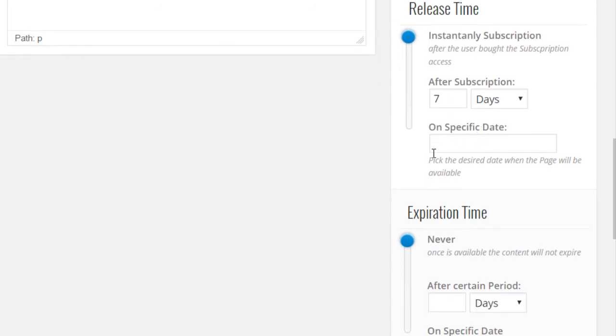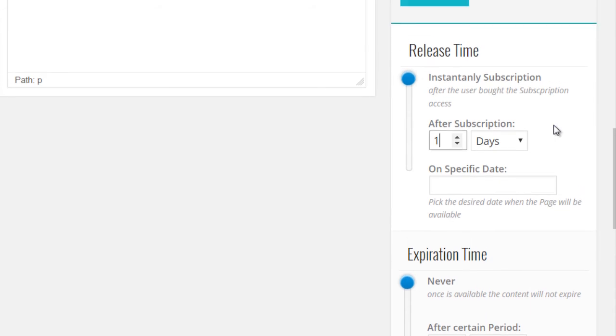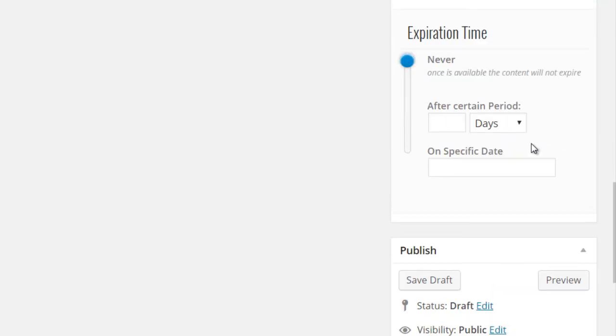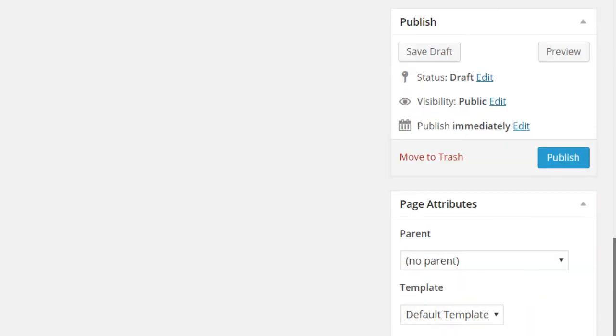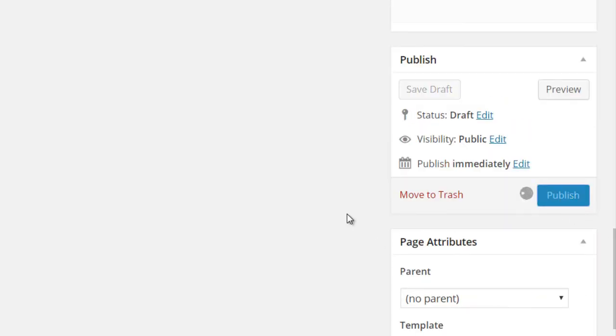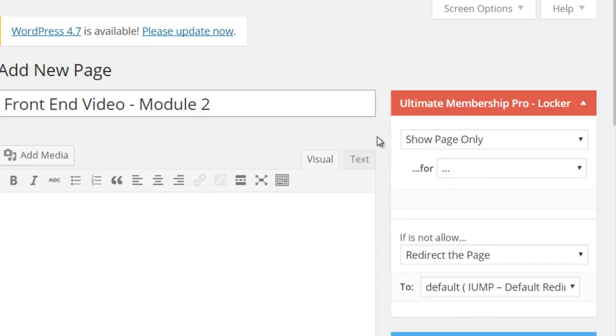You can also specify a date as well. So maybe I want to give this to them on the first day, or we'll just do first day. And then of course you can have an expiration day. Now in this case, I'm not going to expire it because I don't want the content to expire. I want it so that once it's drip fed, they see it forever. And that's all you have to do. So next we click on publish,